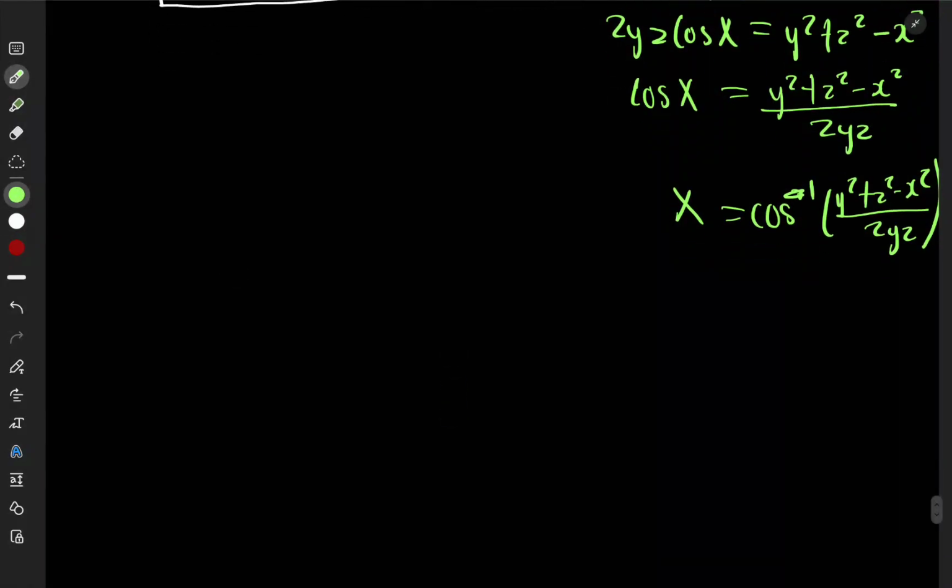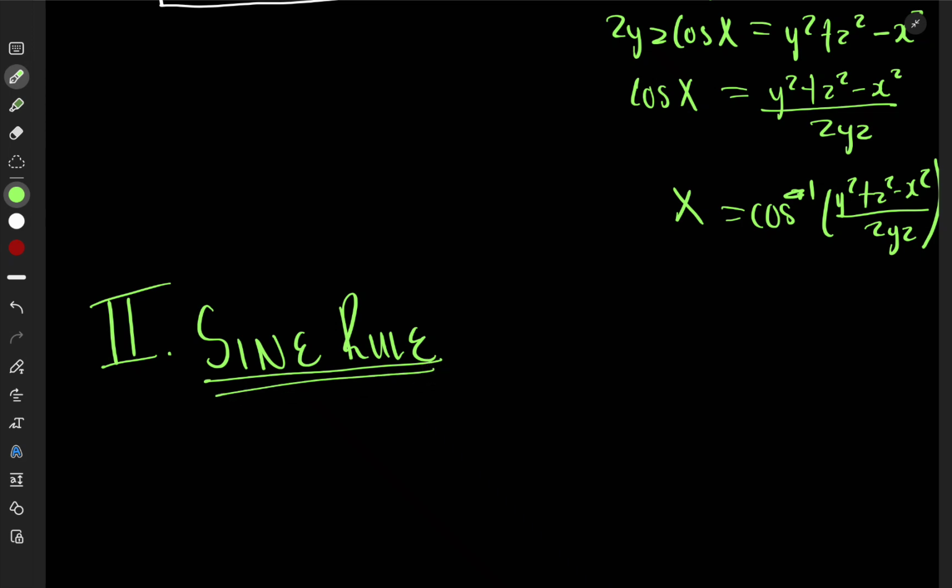Okay, so now that we've seen the cosine rule, we are looking at the second, which is the sine rule, okay? You ask, when do we use the sine rule? This is so easy. The sine rule is used whenever you can't use the cosine rule. You don't have three sides, you don't have an included angle, then you're obviously going to use the sine rule,